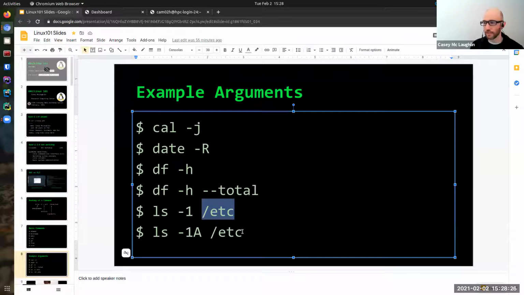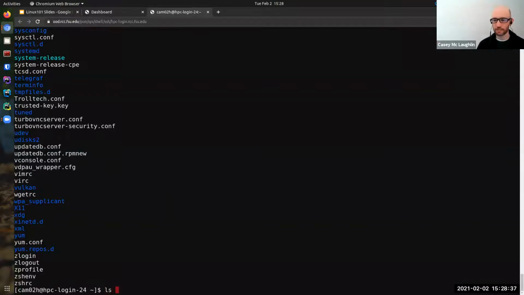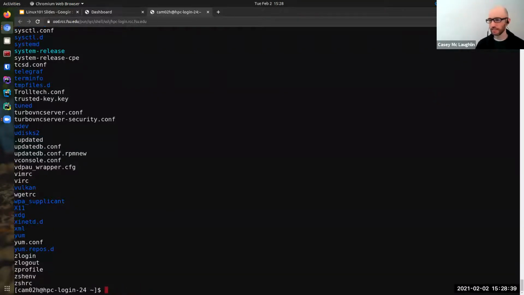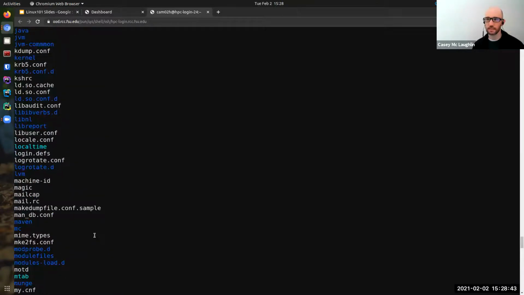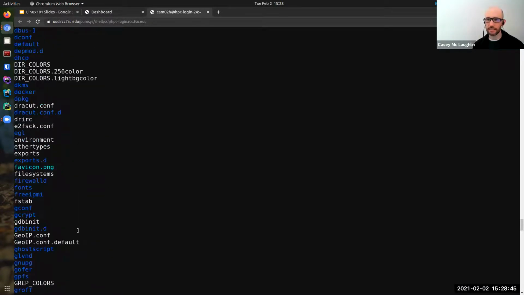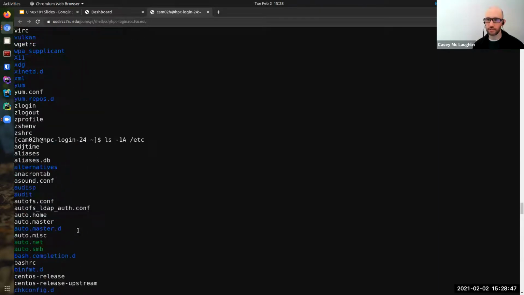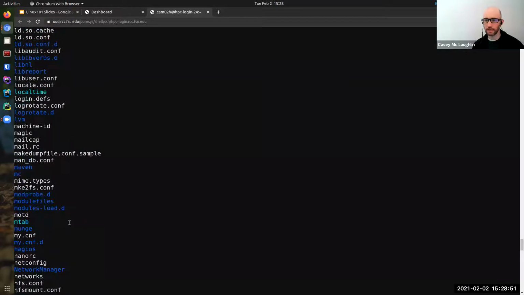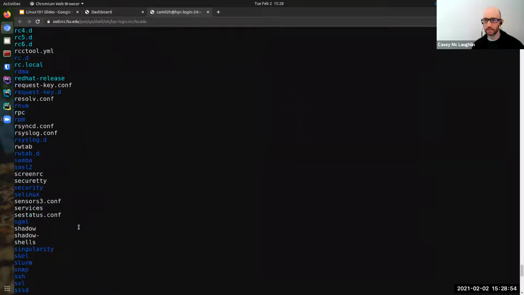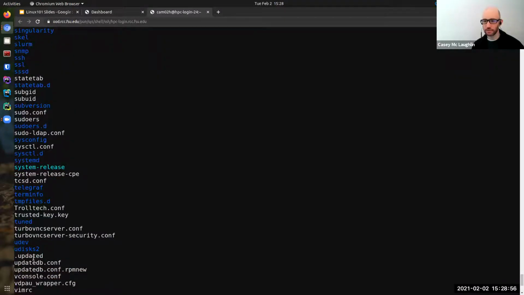Okay. And then one thing to note here is that short codes as options can be lumped together. So ls -1A /etc, whatever. I think the only difference between that and the prior output is that the capital A, I think, shows hidden files and folders.